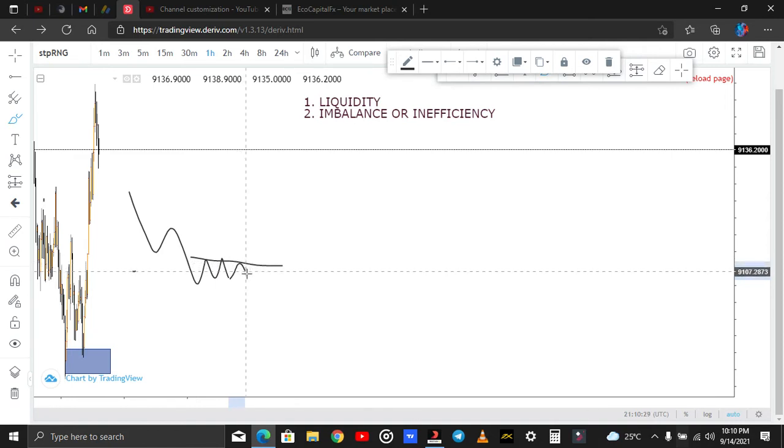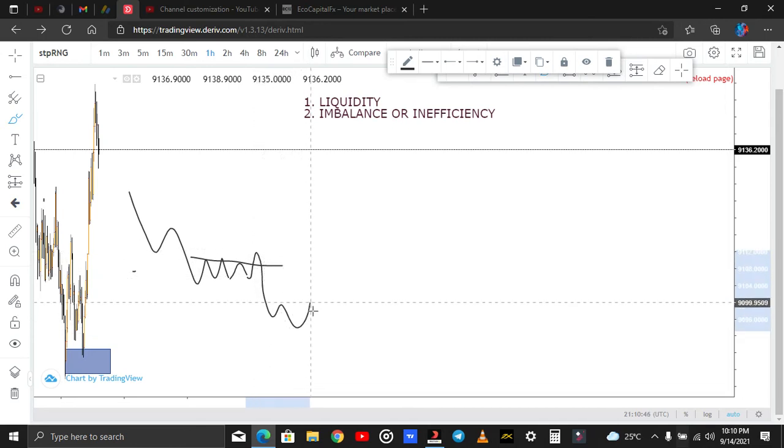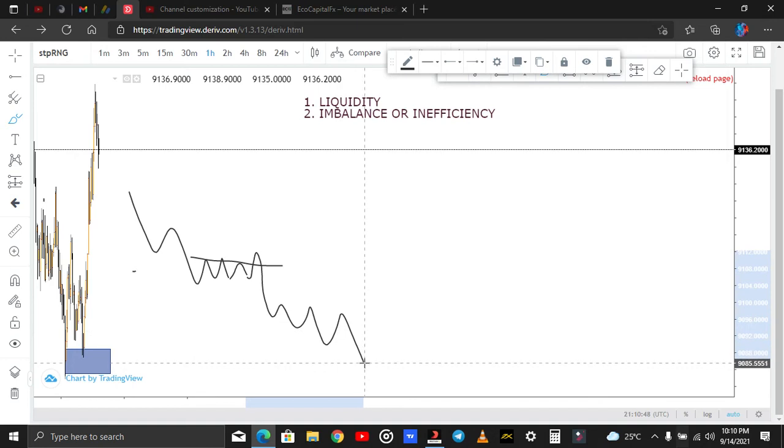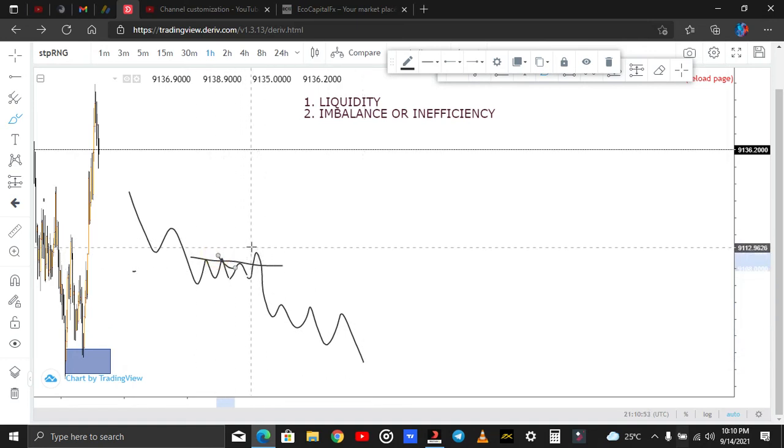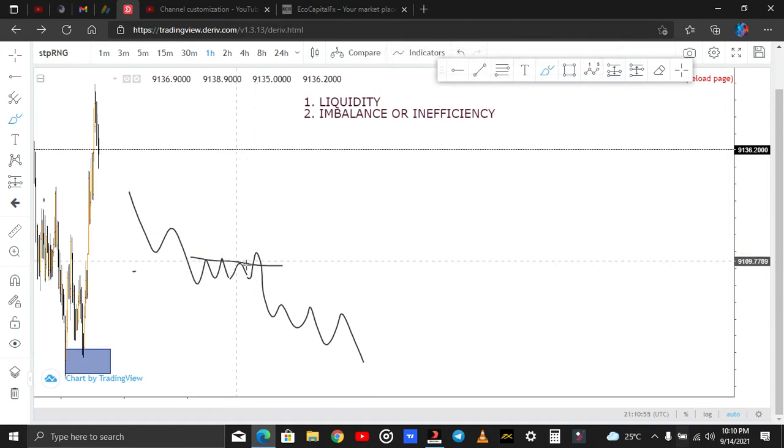When price taps this the third time, everybody that is seeing this will be like, there's a triple top here, or there's a head and shoulders. This is what retail traders normally call head and shoulders, and you find out that price still comes, grabs liquidity and continues going down. Have you ever seen something like this happen to you when you're trading? This is just the concept of liquidity grab. You have to know about this.